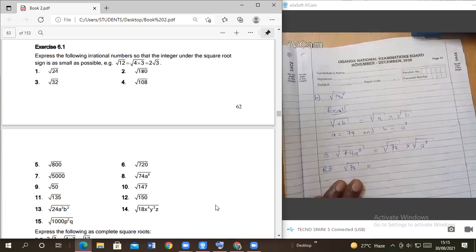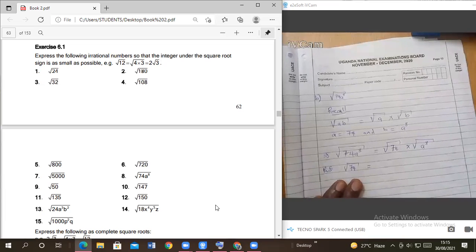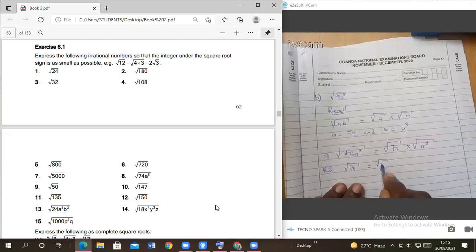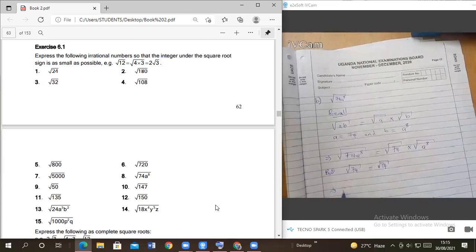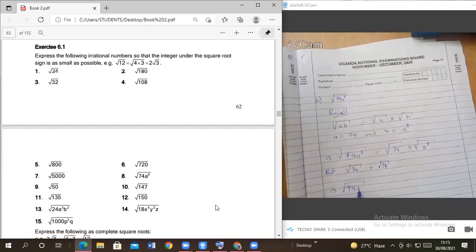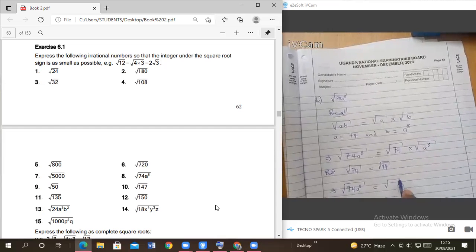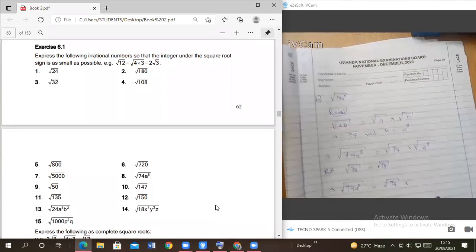So root of 74, we leave it as root of 74, which means it's already irrational. That one cannot be simplified further. Are you together? So it implies root of 74a to the power 8 is going to be equal to root of 74 times